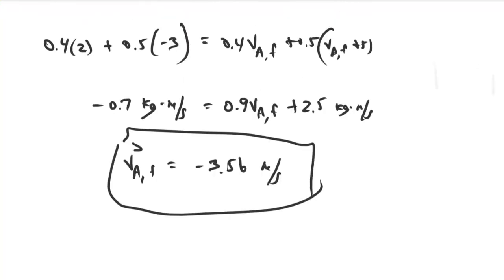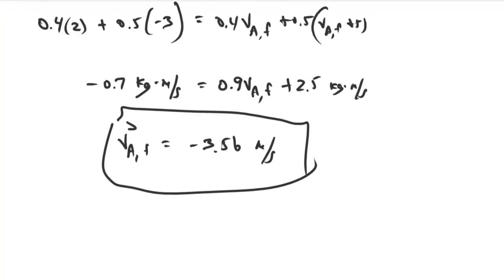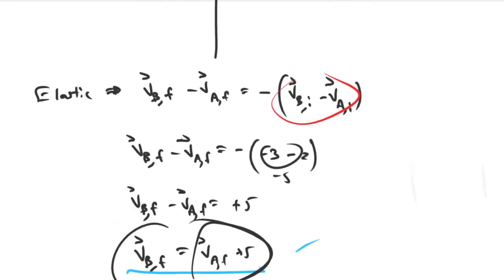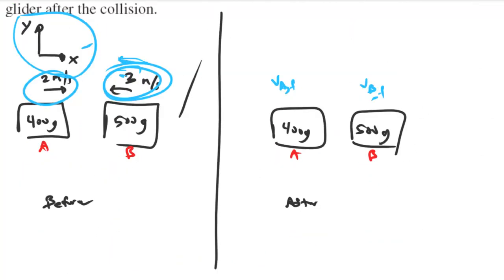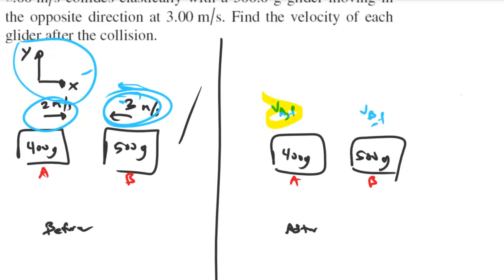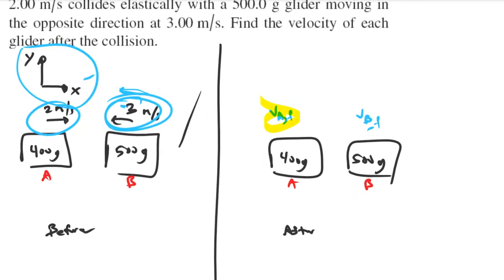And so this is based on our coordinate system here. This negative means it's going to be going off to the left. I didn't even bother with assigning directions to it at first. I thought that it was probably going to go off to the left, and it did. That makes me feel good that it follows conceptually what we expected. So VA final is negative 3.56, and VB final, then